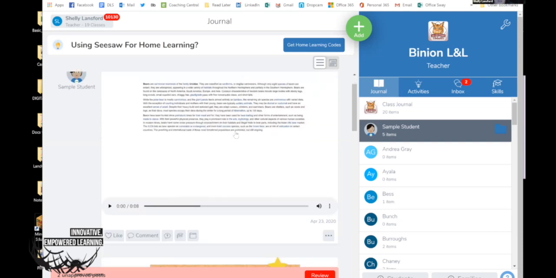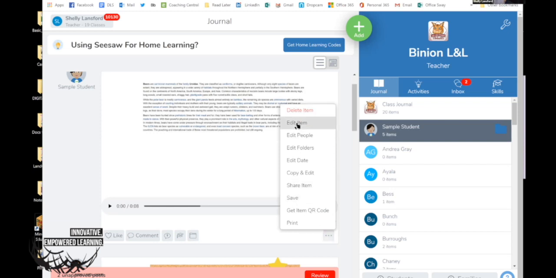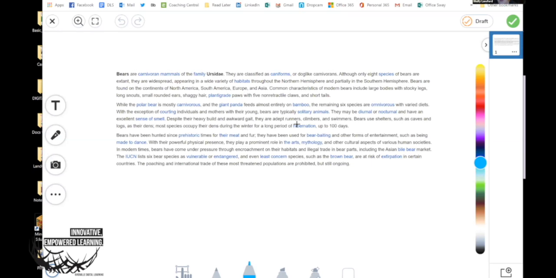When a student submits an assignment, normally in Seesaw, I'm kind of limited to giving it a like or putting in some kind of verbal comment or text comment. But teachers can also go into that submitted assignment and edit it. So this is the actual student work. I am the teacher going to give feedback by editing it. And this is a way that if I have my Bitmoji, when we click on the camera, we can bring in a screenshot of our Bitmoji, or if we've saved our Bitmoji, put our Bitmoji on here. Teachers, you can also put text on here to respond, like, this is a great idea, keep going. You can bring in